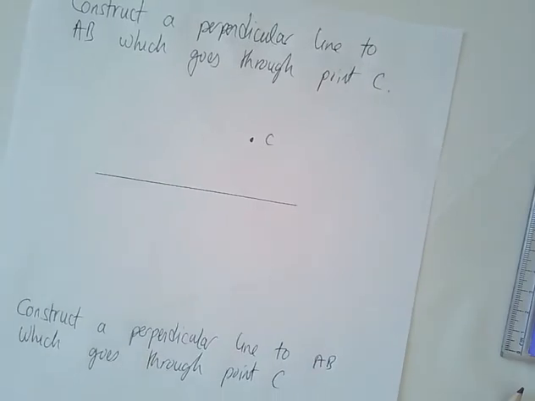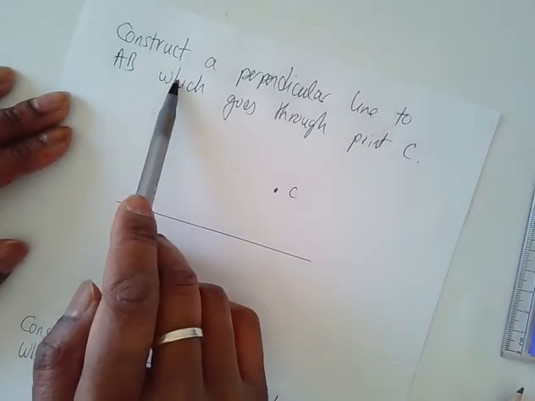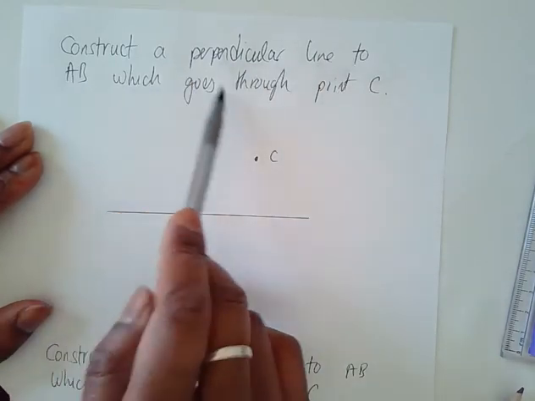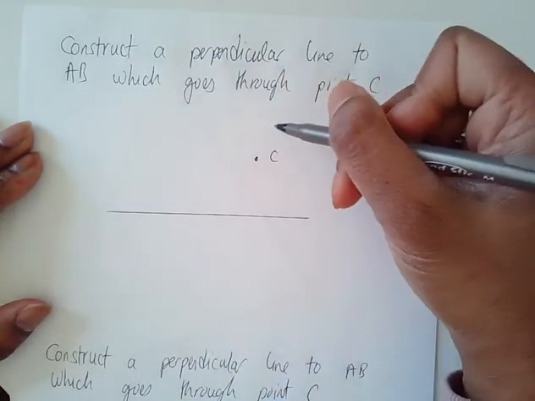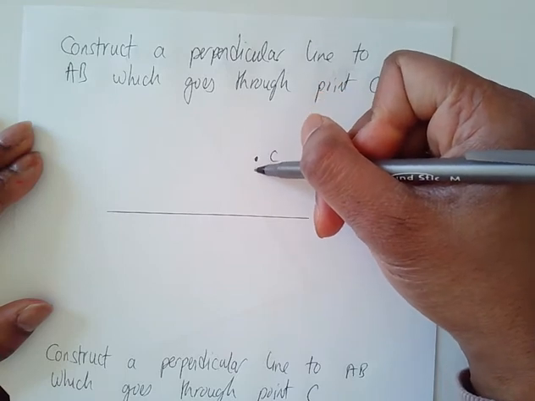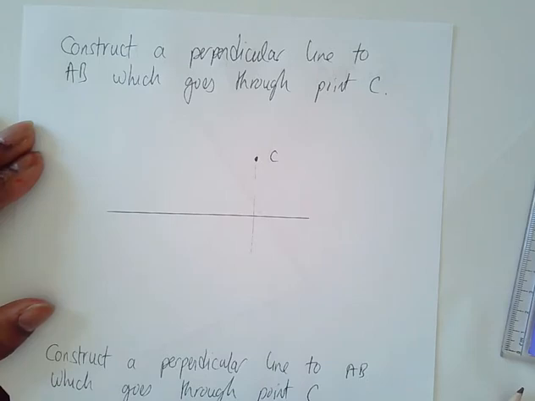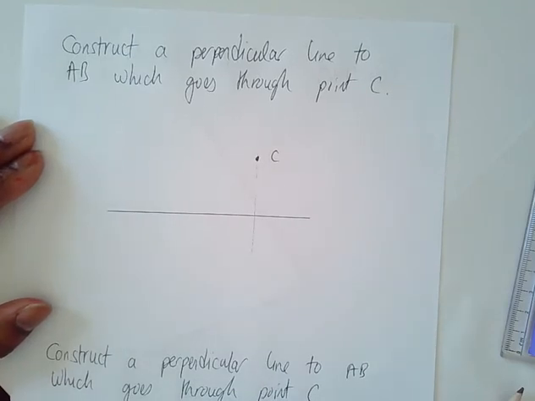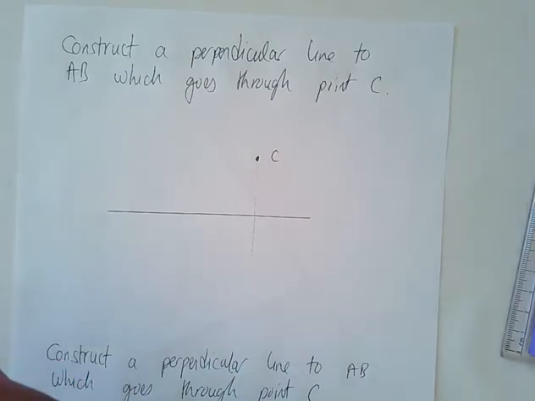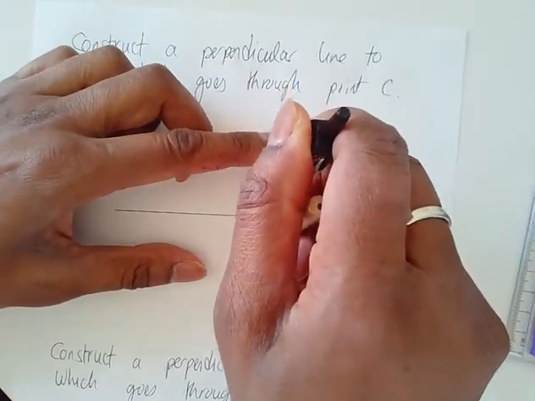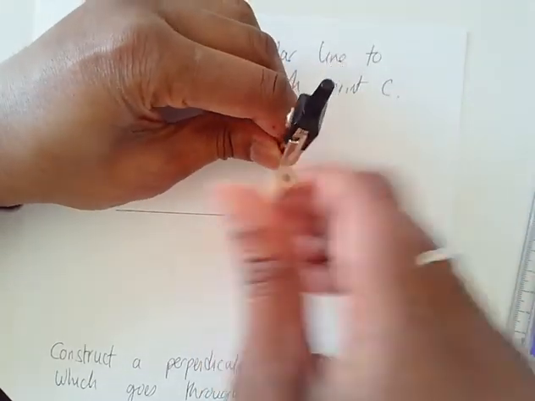Right, I have a very similar question here. Construct a perpendicular line to AB which goes through point C. So basically it will be a line that goes through point C, and it will be at right angles. So what I need to do first is put the needle on that dot there. That dot there is there for a reason. You put the needle on it, and then all you need to do,